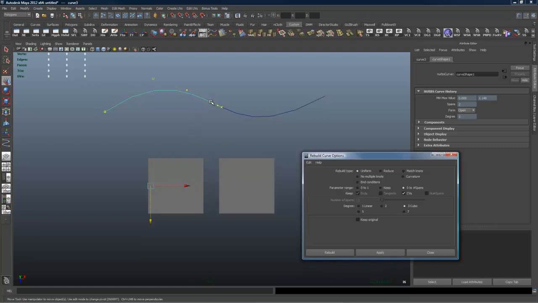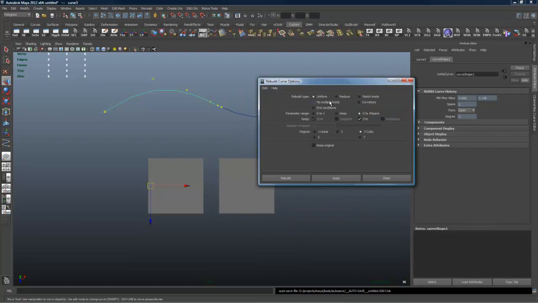What moves is the edit points along the curve, because when I cut this curve, these edit points no longer are guaranteed to be uniformly distributed along the curve, or in other words, they're not evenly parameterized anymore. I've got uneven parameterization. That was the phrase I was searching for. And so what will happen is when I come in here and I say, let's do a uniform build,